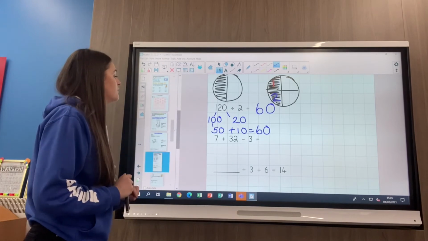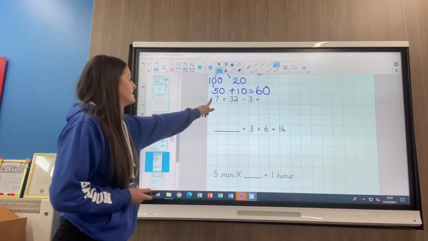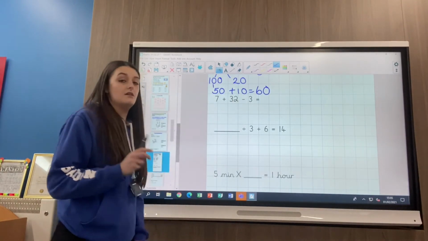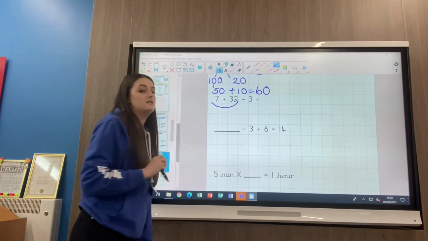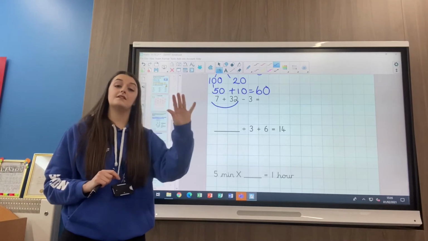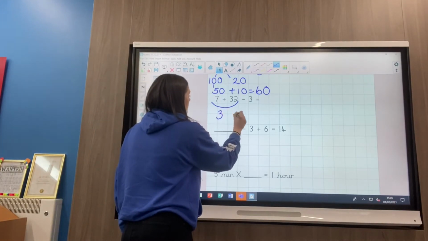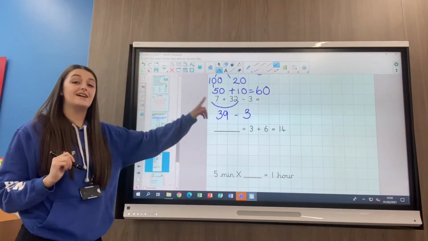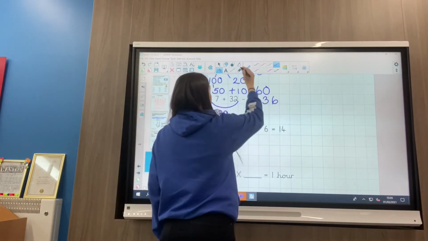Right, another question that you've got that's very similar to this one on your startup challenge. 7 add 32 subtract 3. So let's split it into 2 parts. 7 add 32, so 32, 33, 34, 35, 36, 37, 38, 39, but now I need to subtract 3 from that, and I know that 39 take away 3 ones is 36. Okay,